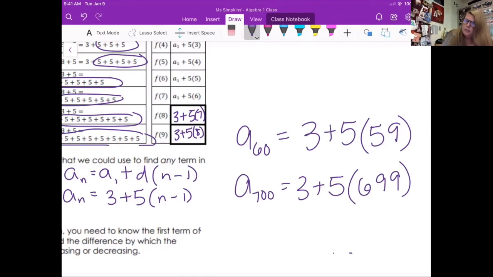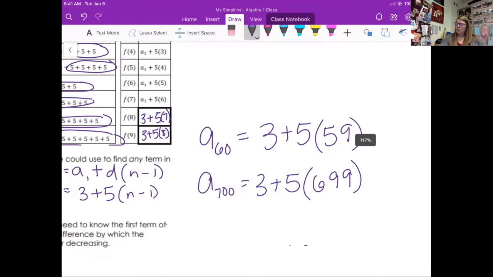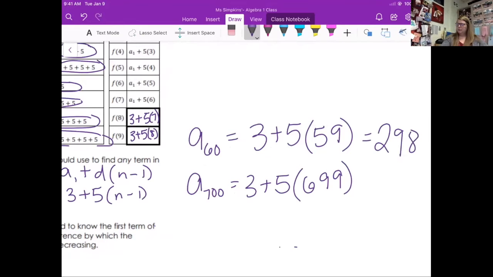Nihal, make sure you're adding 3 and make sure that you are doing order of operations. I'm not sure that you did that part. So multiply first, then add the 3 at the end. All right, so for the 60th term, yeah, those are right. 5 times 59 is 295, and then you have to add 3. So for the 60th term, you should have gotten 298. And then for the 700th term, 699 times 5 plus 3 would be